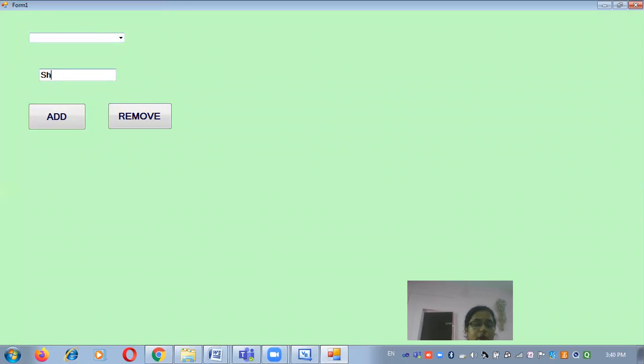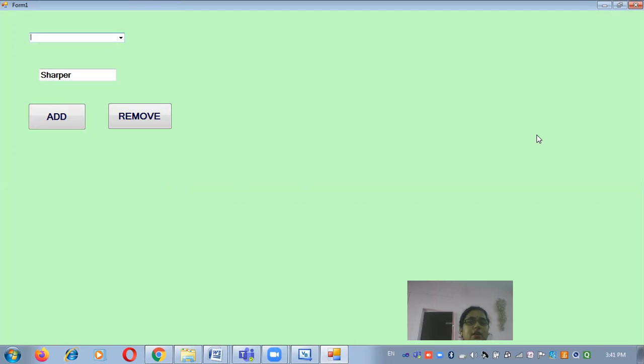Again, if you want to add sharpener or any other item, you just click on the add button and check, sharpener is added here. If you want to erase the pencil, you just select that item and click on the remove button. In this way you can use the combo box to add and remove items from it.